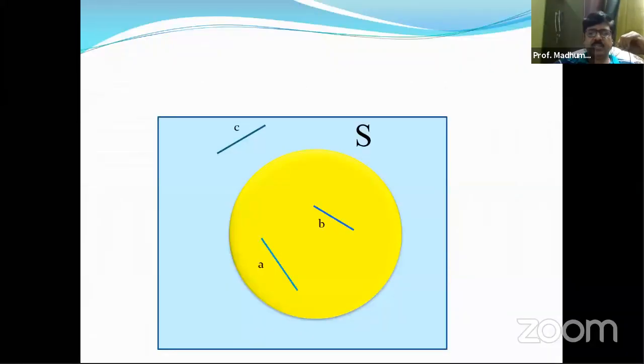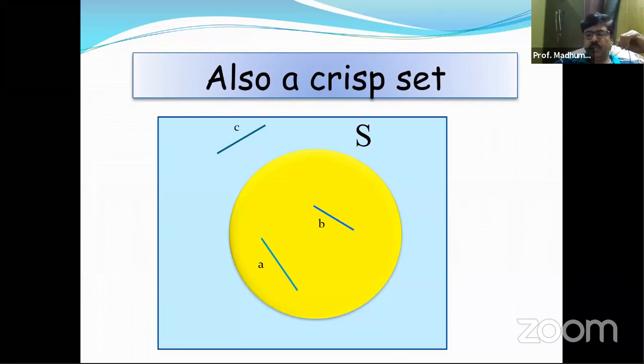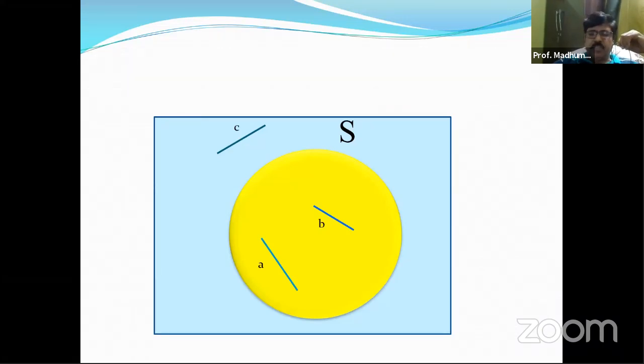And C. C is completely outside the set S, and A and B are completely inside the set. Okay, so this is our conventional set without any ambiguity, without any doubt. This is also a crisp set or conventional set, but there is a doubt when we consider the line segment